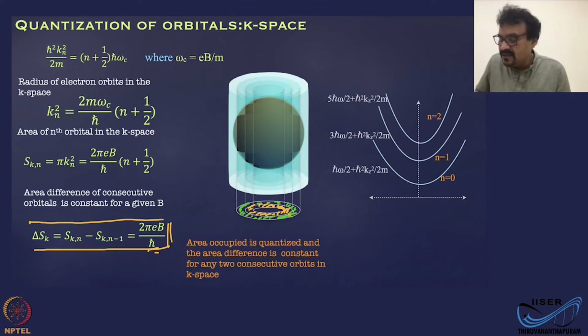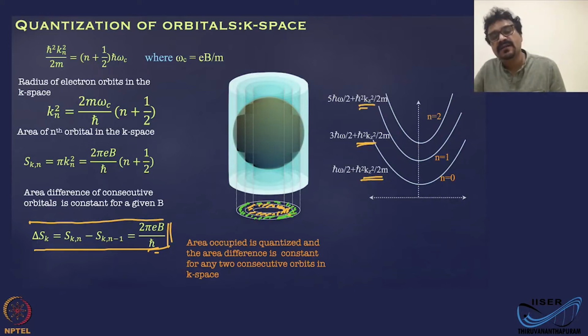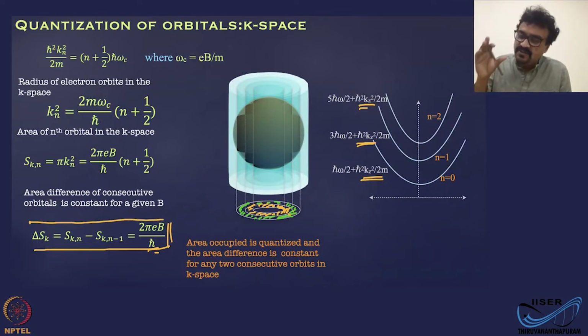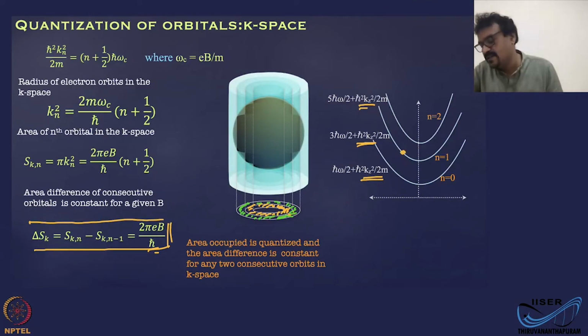Now you can also consider that there is a motion in this direction. Okay, then this term also will come into the picture. So for a three-dimensional system, we need to consider the z direction also. In that case, these energies are represented by these parabolas, which are shifted by n0 or 1. But now you will see a crucial point here, which is very much applicable when you discuss the quantum Hall effect. That is, if I have an electron which is sitting on this n is equal to 1,